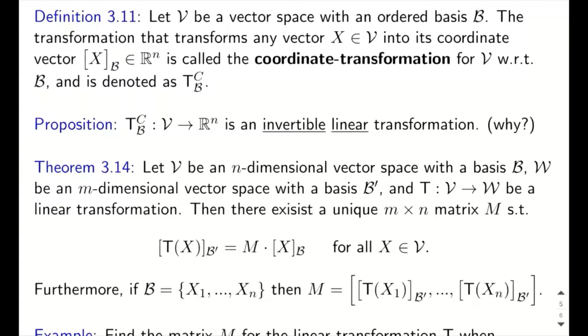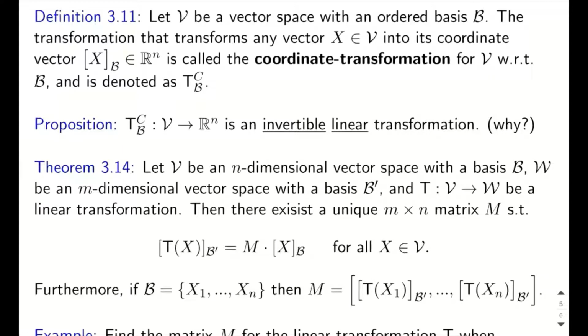So we have seen that we can go from vectors to the coordinate vectors and recover the vector from its coordinates. Well, there's in fact a linear transformation that represents the process that you can go from vectors to coordinate vectors and back and forth. Let V be a finite dimensional vector space with an ordered basis B. The transformation that takes any vector in V into its coordinate vector is called the coordinate transformation for V with respect to the basis, of course, because when you change the basis, you change the numbers, as you have seen